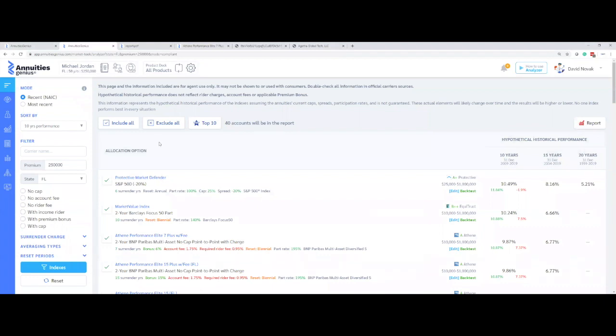All right. And if they're wanting to stay safe, but they want it to grow, what kind of filters would I put in on this left side? On the left side, we can look at the NAIC, which would be the January to January, or most recent, which would be month to month. The 10-year performance, of course, we could go with the no cap and the 10-year